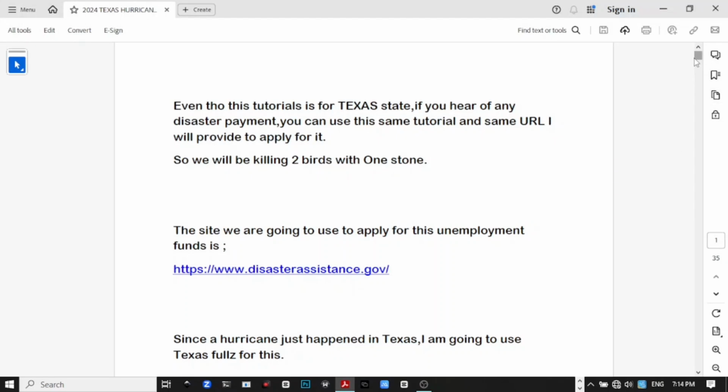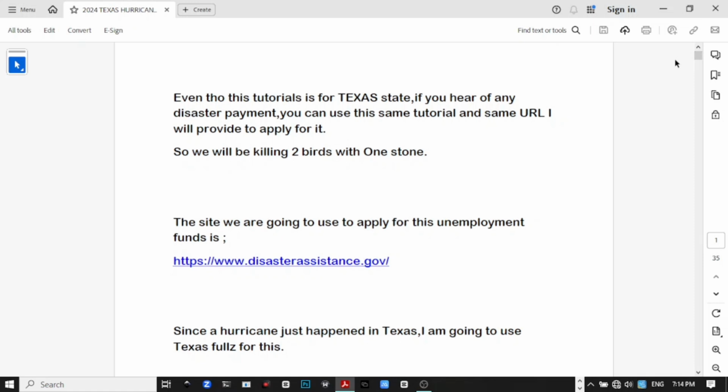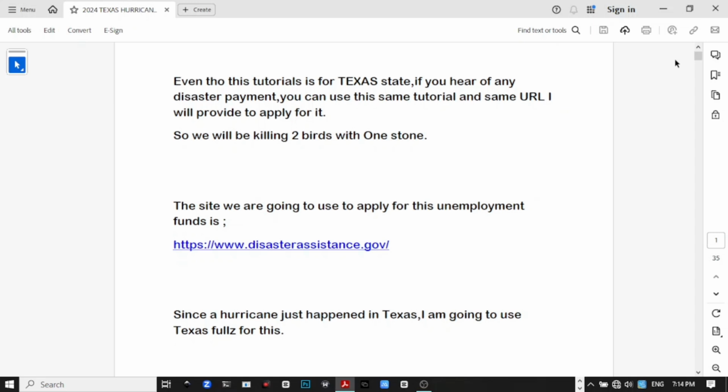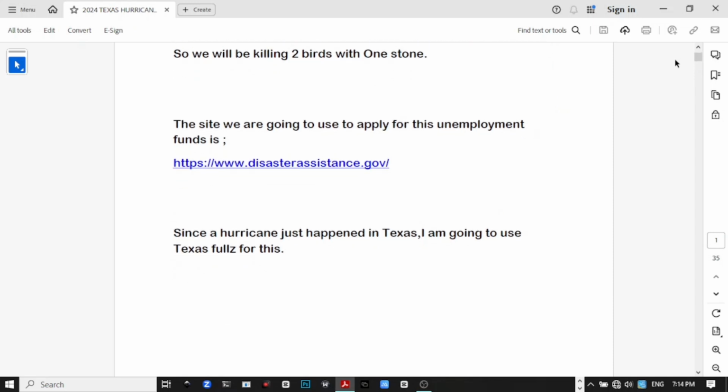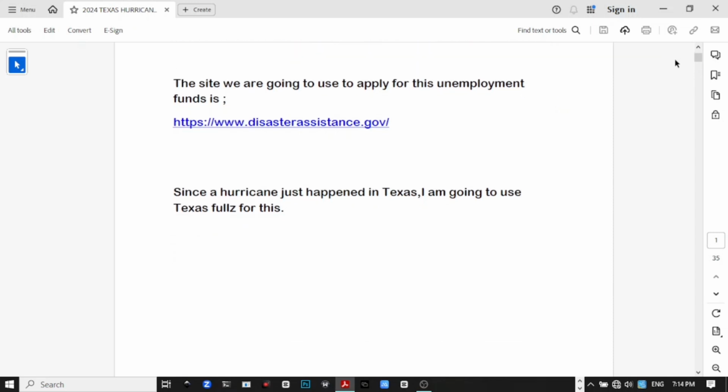In this one I'm teaching you guys about the disaster loan. This disaster loan applies for all states in USA, but currently I'm filing for Texas. I just want you to know that this method works for all states. We're doing this for Texas. So first of all, you have to go to this website